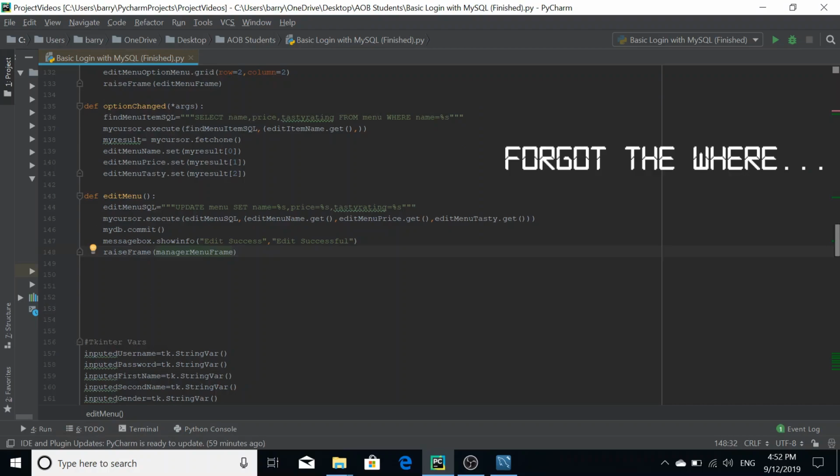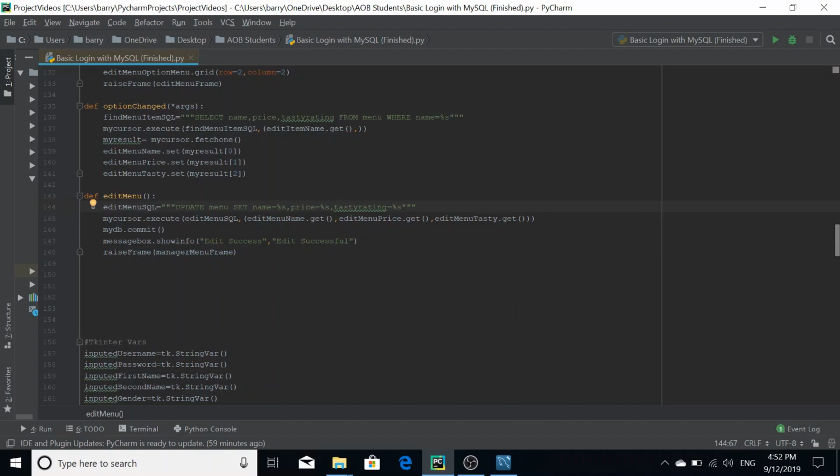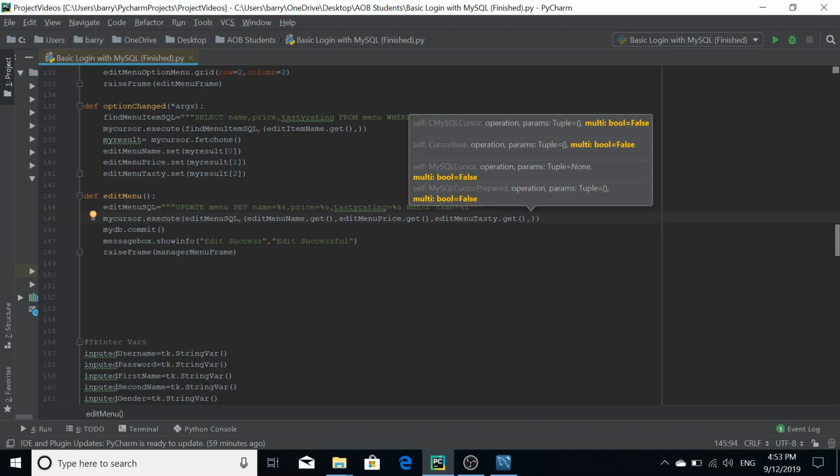I've just noticed a wee issue with our code here. We've not actually put the where clause on this SQL statement, so that will make the whole table update to the new change, make all the rows the same with the edited data. So we're going to change that. We're just going to put our where name equals %s, and all we have to do is add another piece of data to our